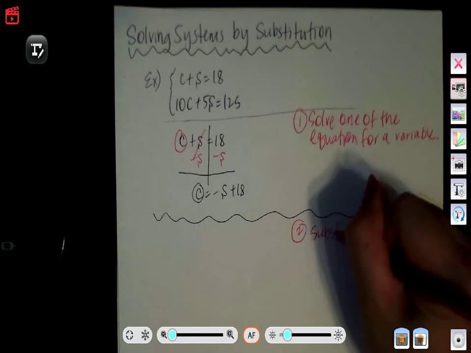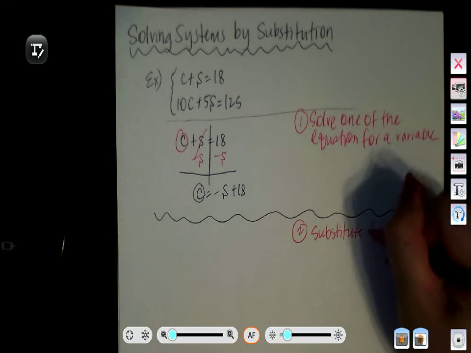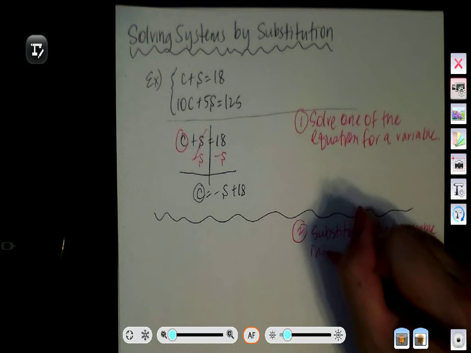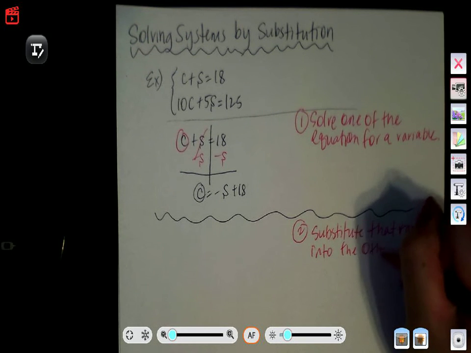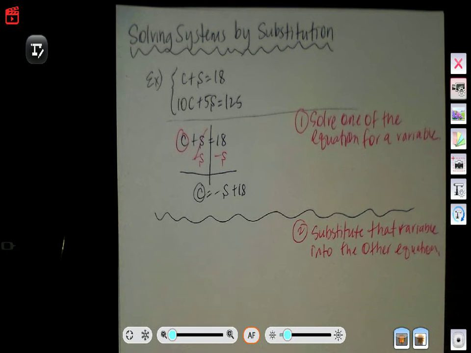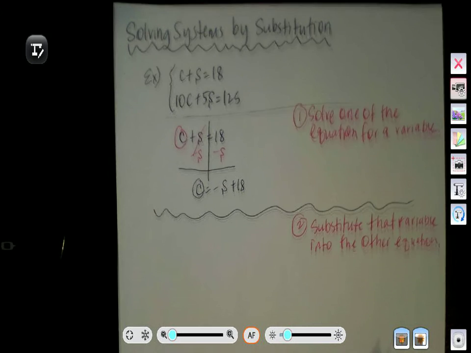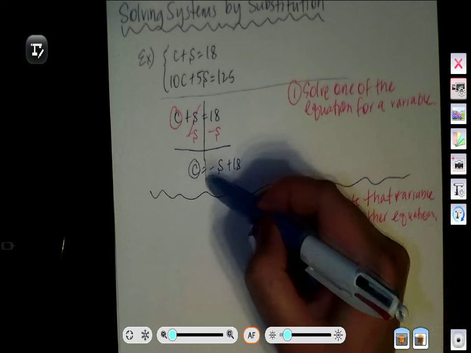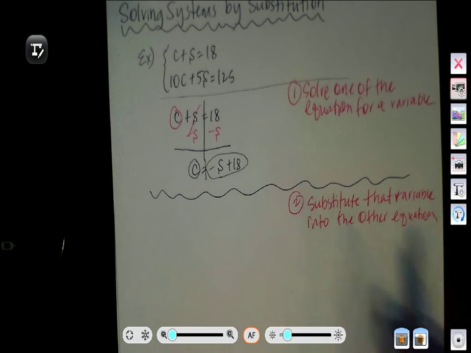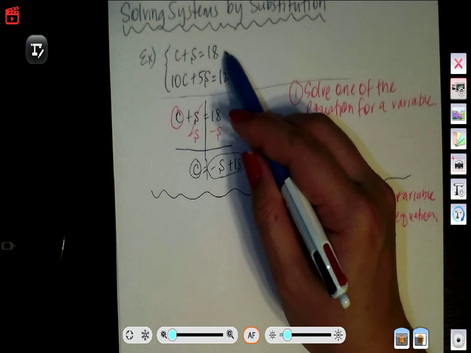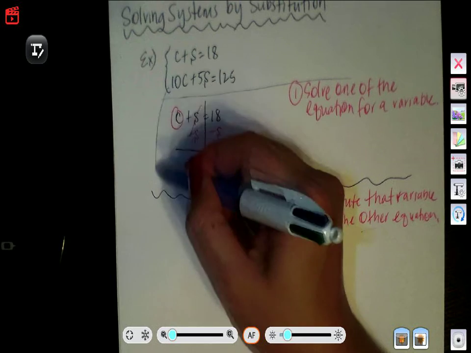Substitute that variable into the other equation. So what we came up with is the fact that c and this whole entire thing, negative s plus 18, are the same exact thing. So I said the other equation. Originally in step 1, we used the first equation, so I'm going to use this equation,